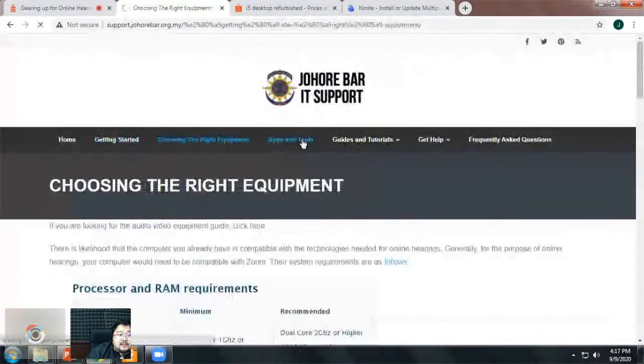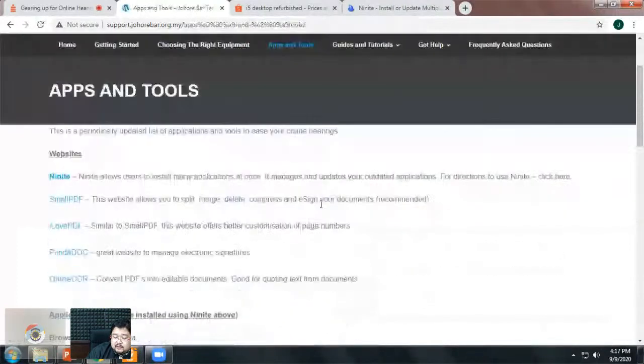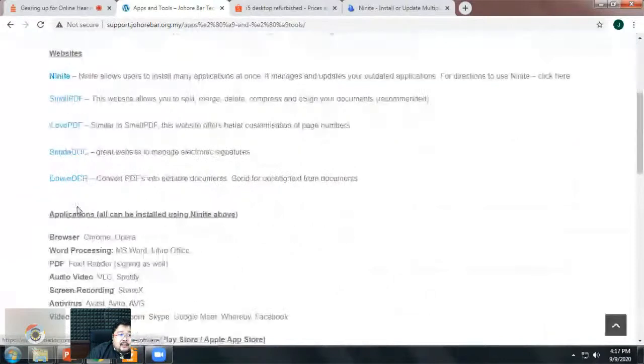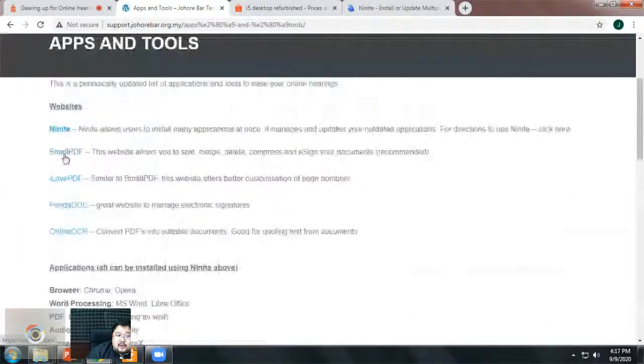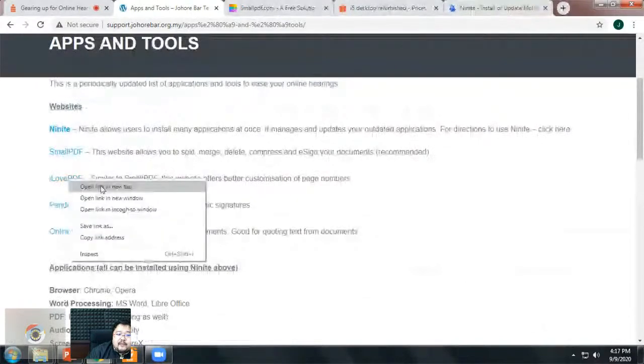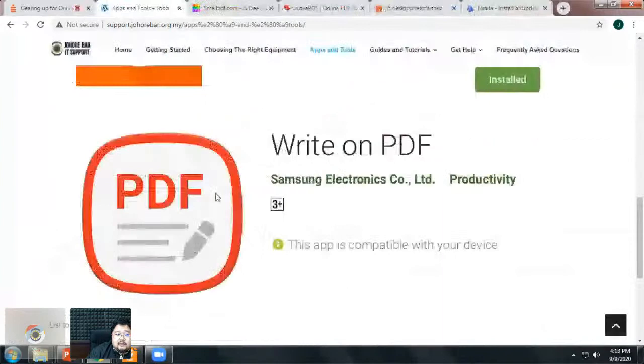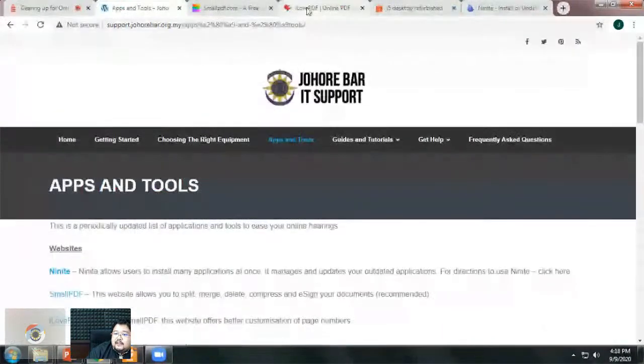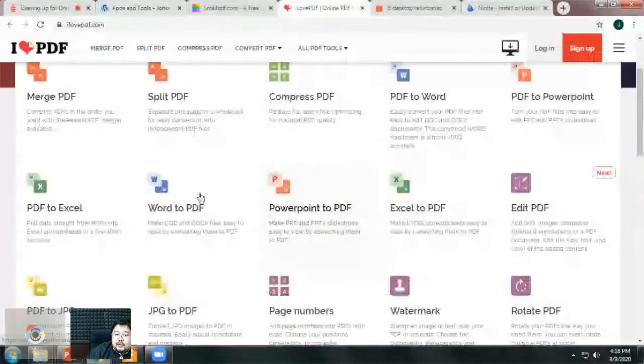Apps and tools: I've listed what I showed you in my PowerPoint presentation. If you want to explore signing of documents, especially when your clients are overseas and can't get into Malaysia, use PandaDoc. PandaDoc is very nice. Personally, I use Small PDF. Small PDF is a lovely website for pagination, and I love PDF. And of course there are some applications for your phone, which are to be updated. These are quite good tools to use.